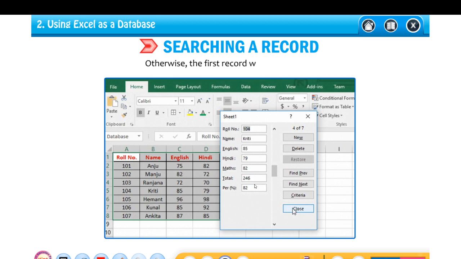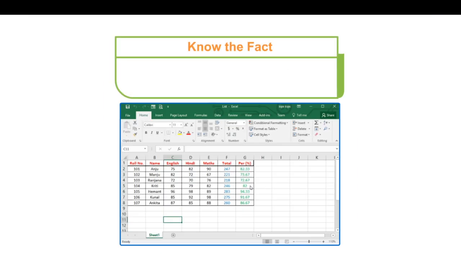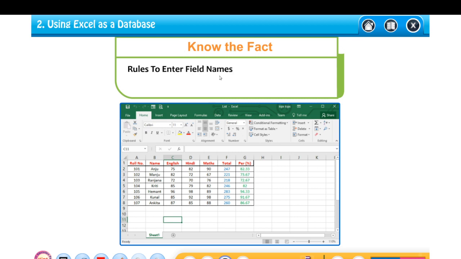Okay, so you have to select the records first. All the records you have to select. This is the know-the-fact section. Again it is taken from your book. What are the rules? Each field name should have a separate field. Field names should be unique. These are the rules, children. Please go through this